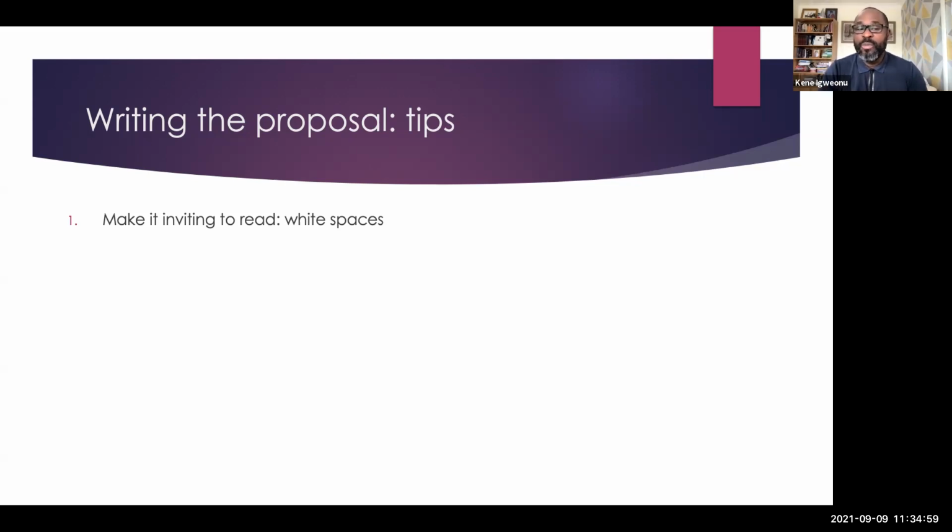But part of the strategy also is to have a lot of white space. One of the things I find in some applications is that you tell somebody, for example, to write only 2 pages long, and they make the letters smaller, they make the font smaller, and they cram all the text into the proposal. That is not inviting for a reviewer to read. So make sure you include a lot of white space, double spacing in your work, to make it more inviting to read. So ensure that it's readable. Write short sentences, not a paragraph-long sentence. I've seen some where a sentence is a paragraph long, and halfway through the sentence, you've lost track of what the person is trying to say.